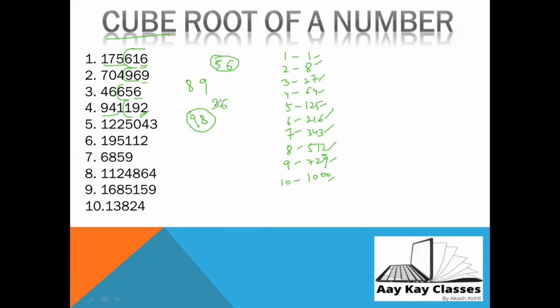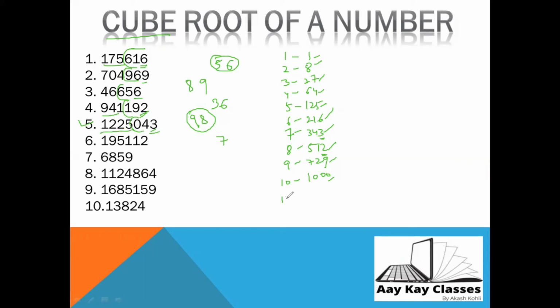Now, of course, the next sums will be your homework. But yes, I would like to solve one more sum, the 5th one for you, so that you are able to find the digits like these. This is a 7-digit number, and all these are 6 or 5-digit numbers. So this is 3. Let's find where 3 comes. It is 7. 7, right? So leave 3. This is 1, 2, 2, 5.